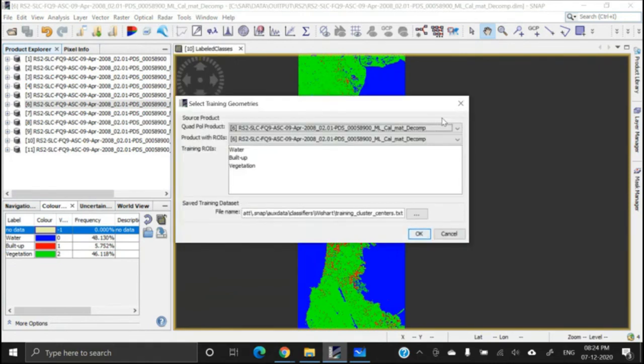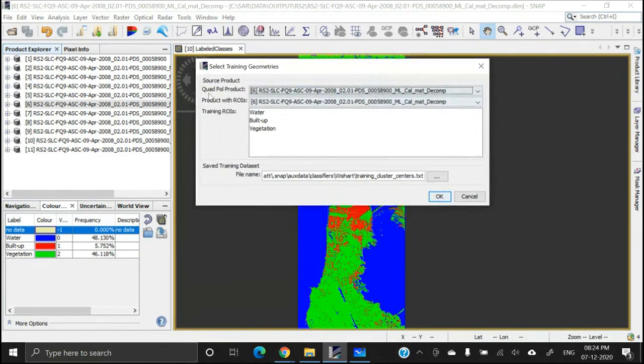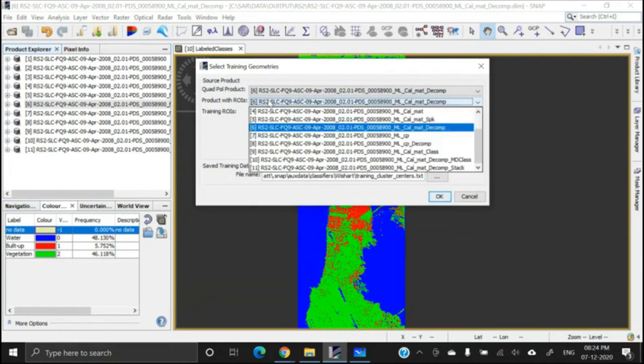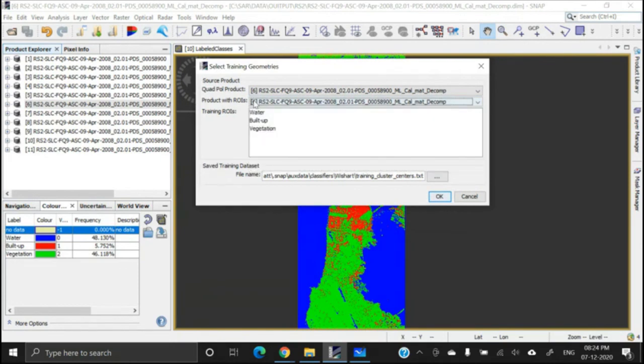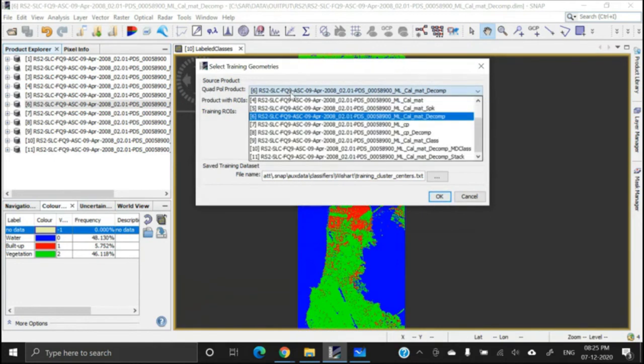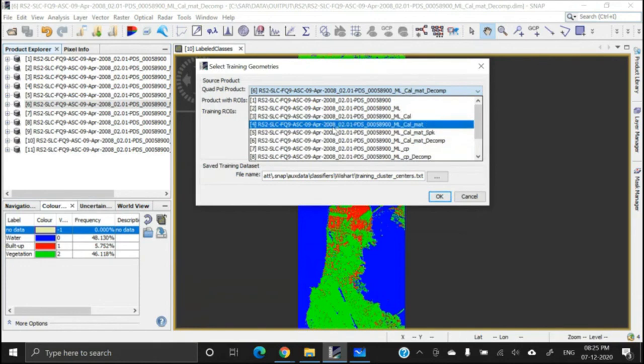Supervised Wishart classification training. Now we have to define the signatures. In which file we have the signatures? Here we have to select number 6 product. In this file we have the signatures. Then quad pole data, source product. Quad pole data, select this one, multi-loop process data.